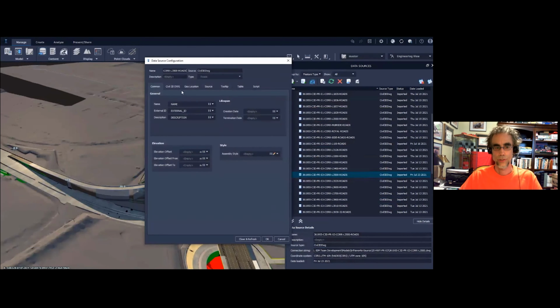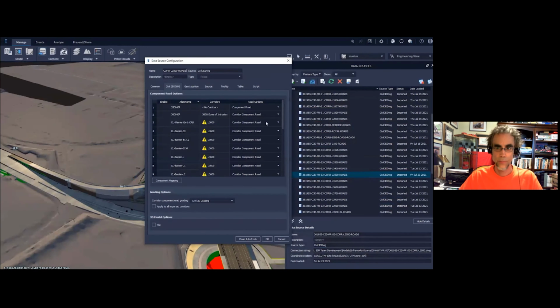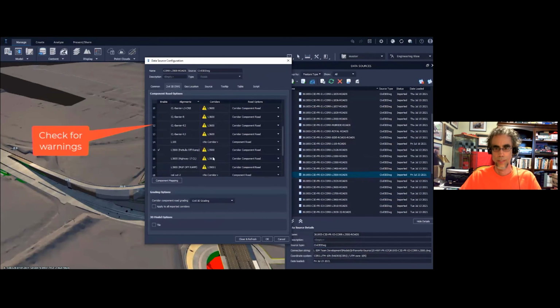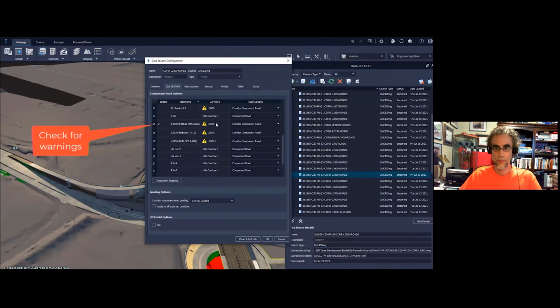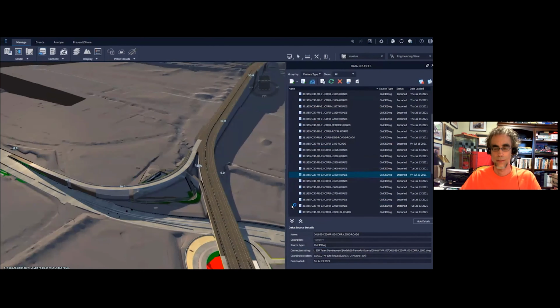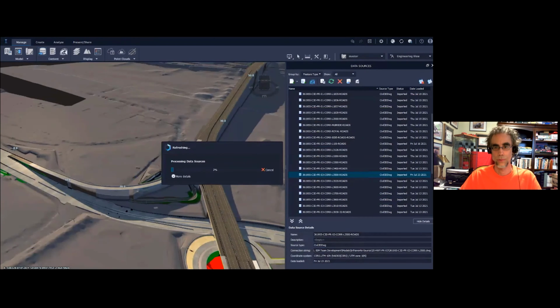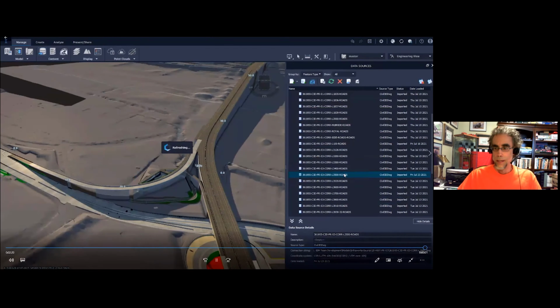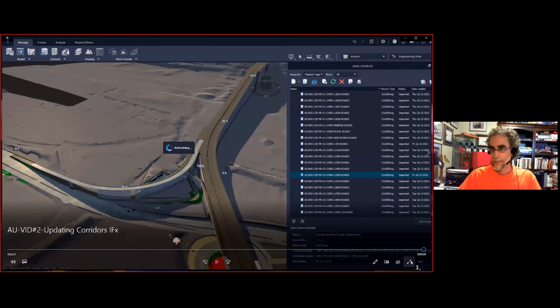And also make sure that if the civil team added some corridors, I could add those in as well, or additions to those corridors or offshoots. Again, we only want the one corridor related to that, which is the L3500. I don't need the other ones, but they might add some 3500 elements that I might want to bring in. Update that, close it, and you're done.